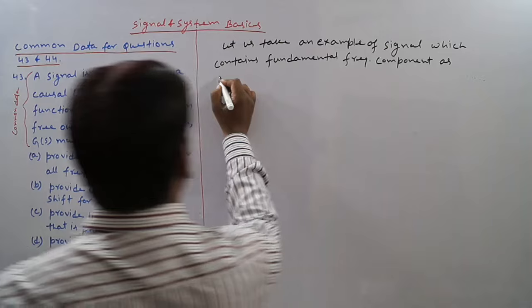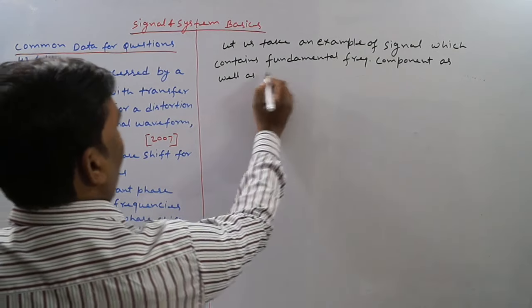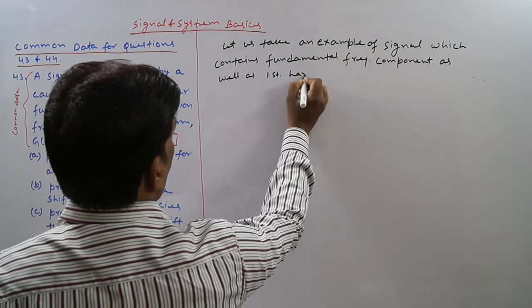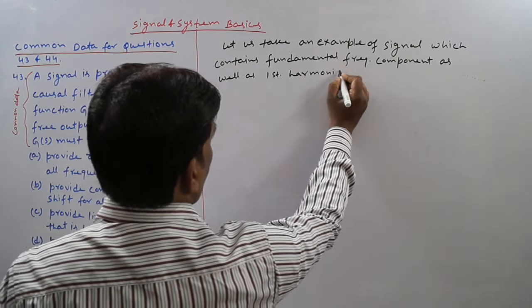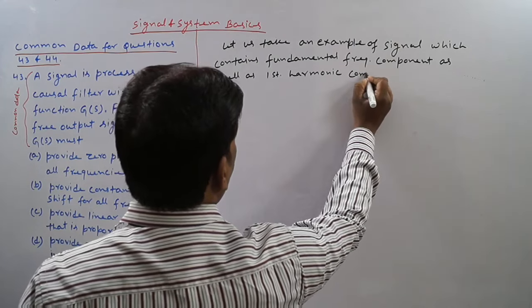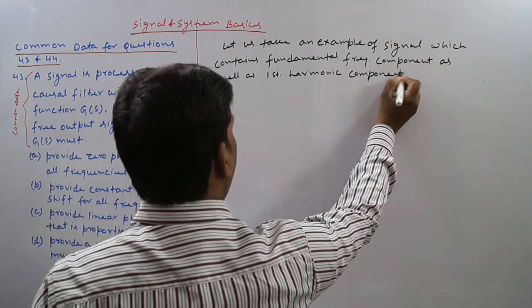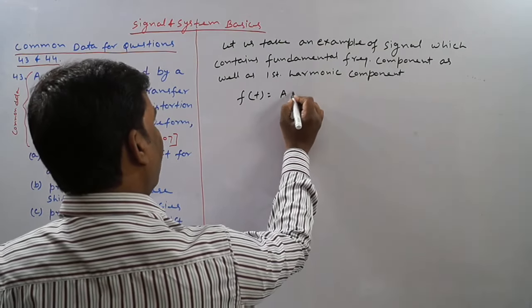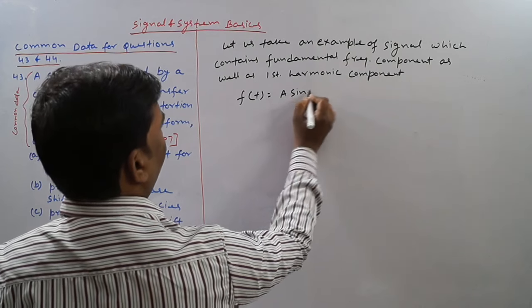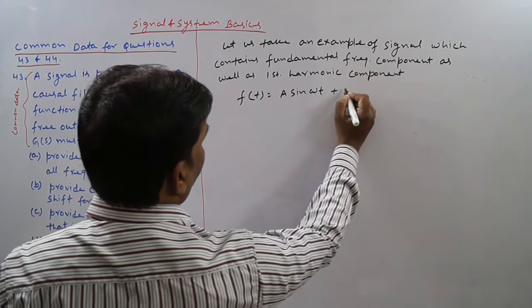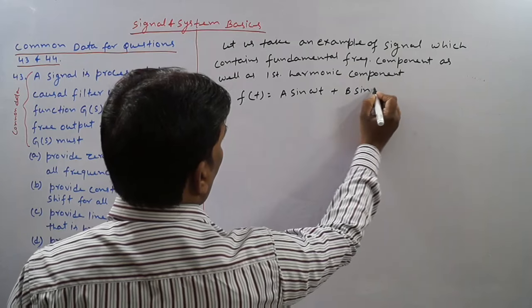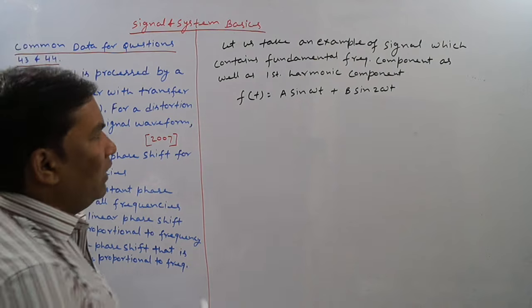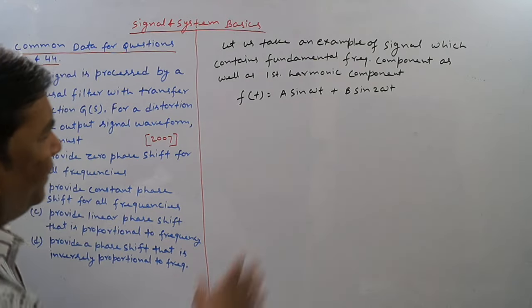So the signal will be f(t) equal to, suppose, a sin omega t plus b sin 2 omega t, because this is the first harmonic component and this is the fundamental component. Okay, so if we draw the graph,